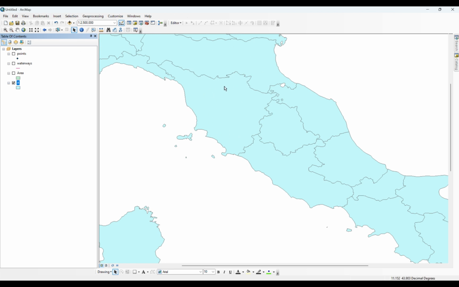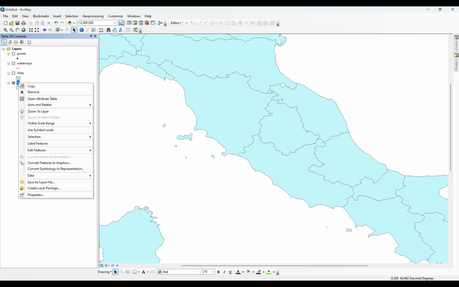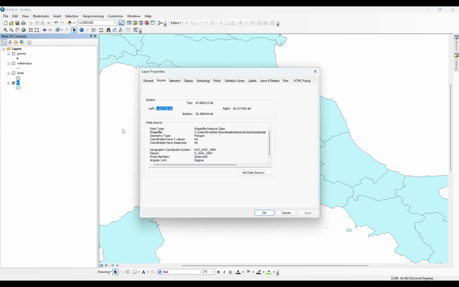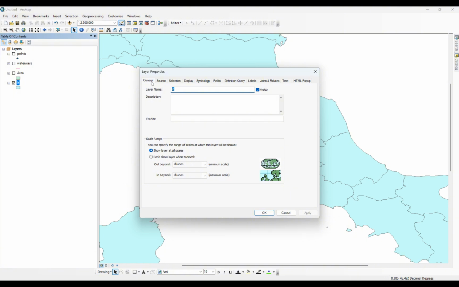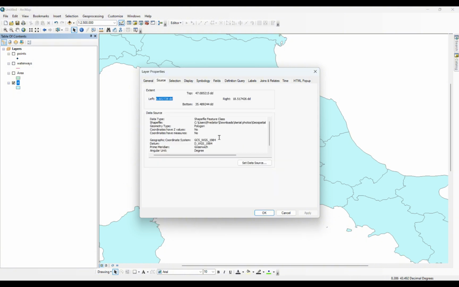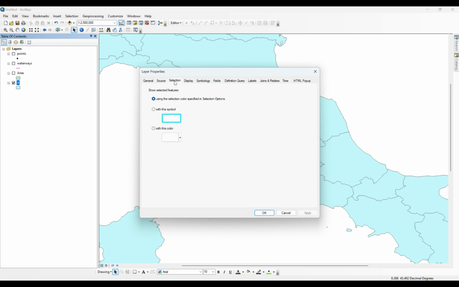These are the datasets that I told you before about. In order to further process my datasets, we can go to the properties. Here we will see different options. For example, source. There are a lot of information regarding the polygon that we opened for, coordinate system, whatever its